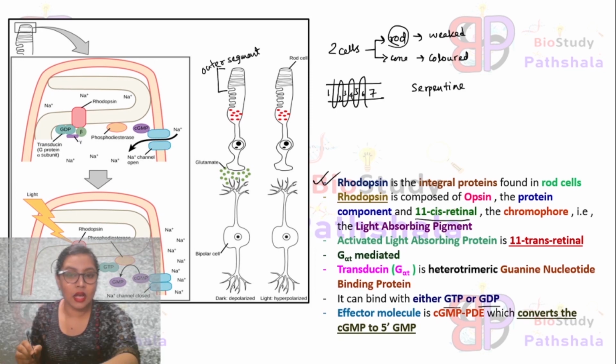Here is a key difference between rhodopsin and the typical GPCR. The typical GPCR is activated by binding with a ligand, while rhodopsin cannot be activated by binding with a ligand. Instead, it is activated by the absorption of a photon by the chromophore, or 11-cis-retinal portion. So now we will learn about the pathways.